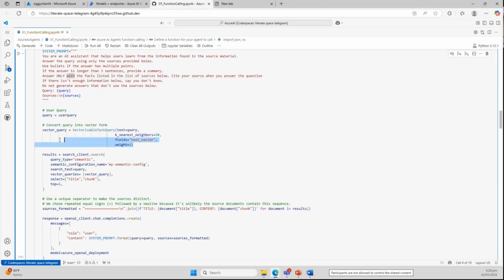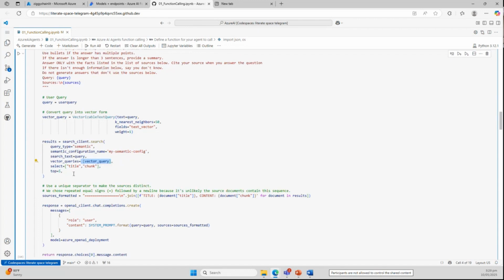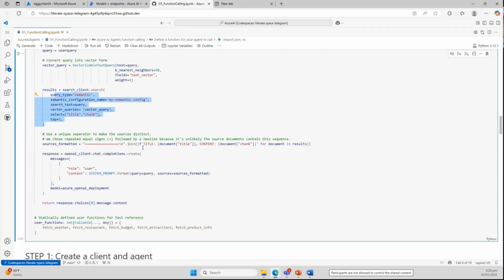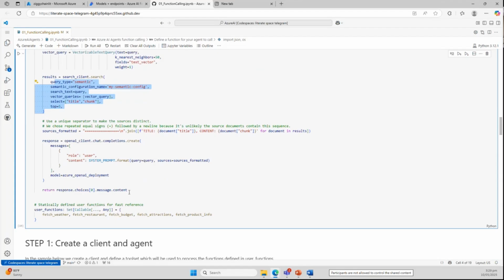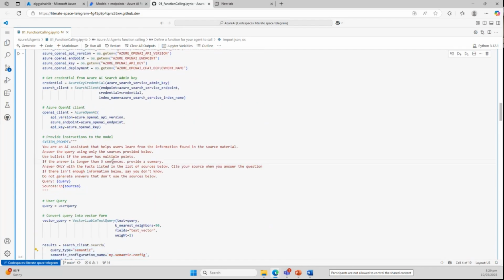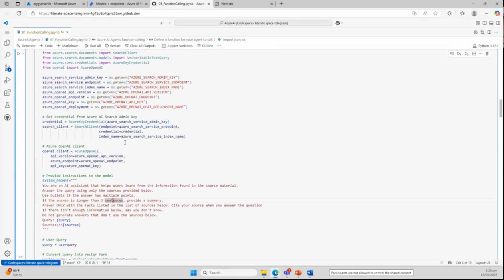And then from here, we'll actually do a vector search. Well, actually, it's not a vector search. It's a hybrid search wherein you do semantic, full text, and vector query search using semantic ranker. And then we have a large language model provide the answer back. So imagine that this is a multi-agent system, because you have another agent here getting information from Azure AI Search and providing an answer.